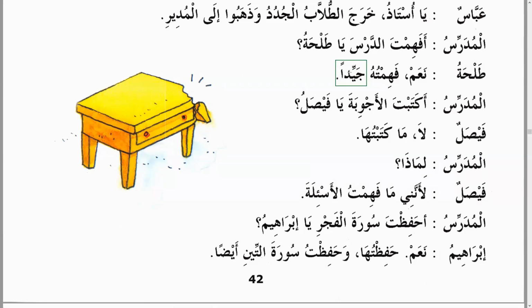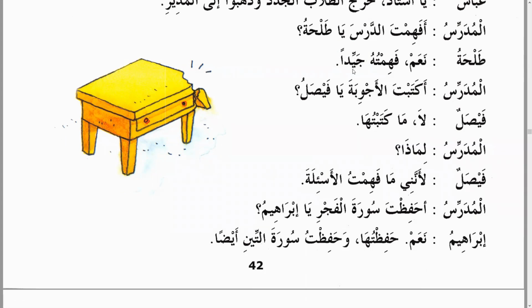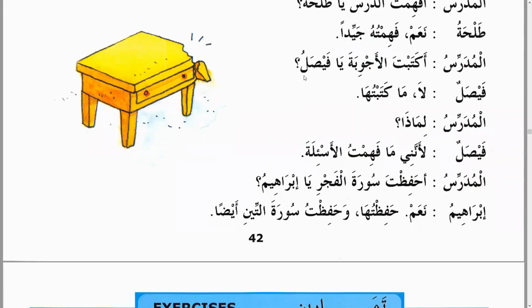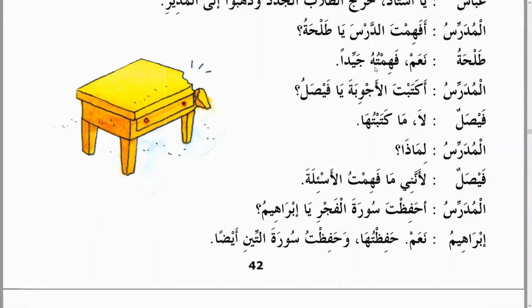Inshallah, we'll learn why jayidan is mansub in book 3, inshallah. But this is called Mafoolun mutlaq. Inshallah, we'll learn it in the future. Jayidan is not the object. The object is fahimtuhu. This is also a kind of object, but this is called a Mafoolun mutlaq. Jayidan, like jiddan and jayidan, is telling you about the quality of the understanding. What type of understanding did you understand? A good quality of understanding. It's called maful mutlaq. Fahman jayidan. It's actually fahman that is hidden here.